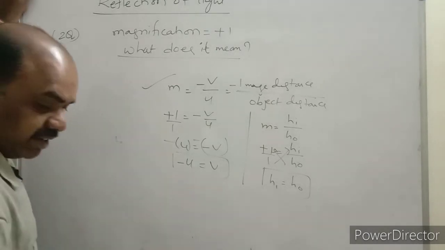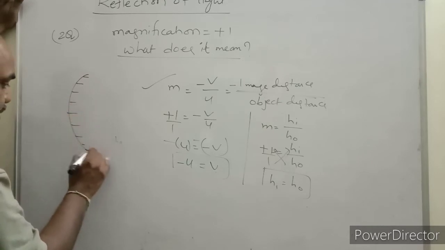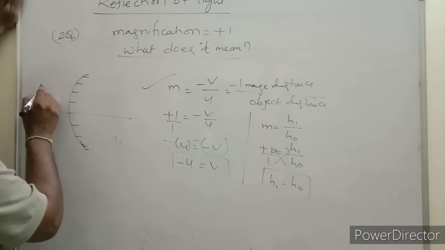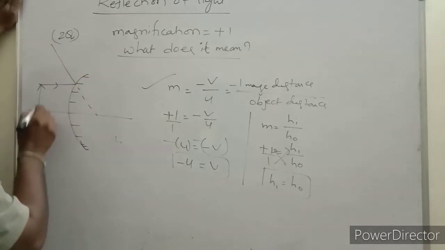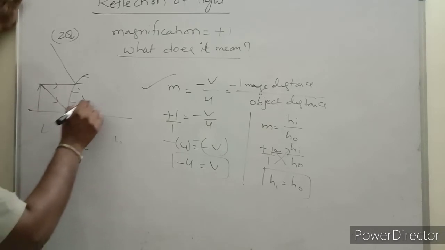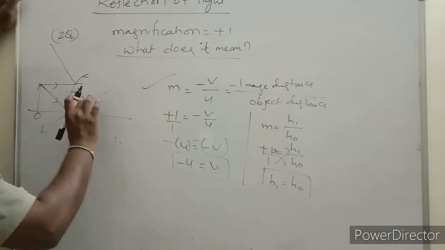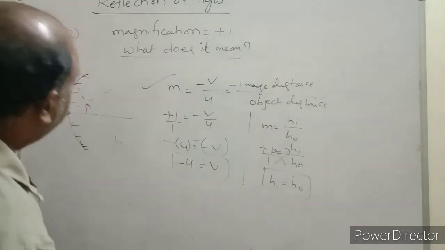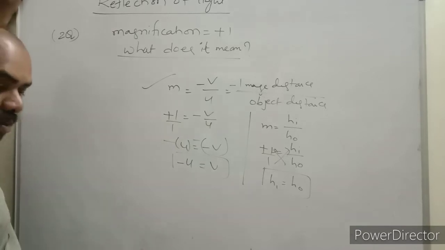Now we will check the convex mirror. In a convex mirror, children, the silver mercury amalgam will be inside. It is used as a rear view mirror. If an object is placed here, it is a diverging mirror. The ray diverges and seems to meet at the focus. Take one more ray at the pole; after reflection it diverges and seems to meet like this. The image of this object forms here. So the image is always diminished. The same size of image will not form. Then two mirrors are completed. Only one mirror is left. What is that? Plane mirror.